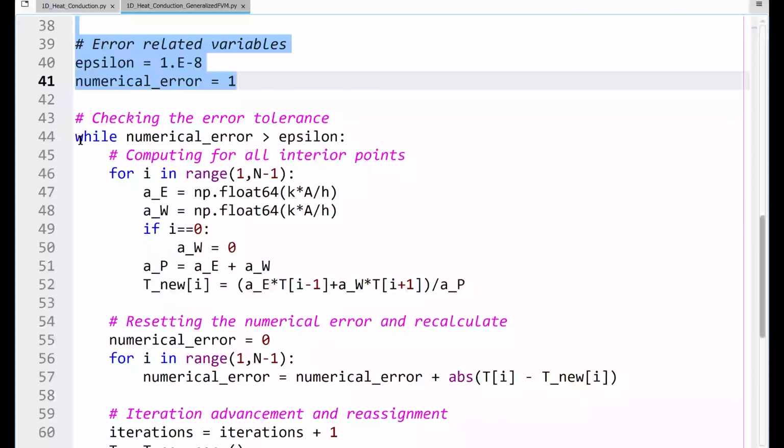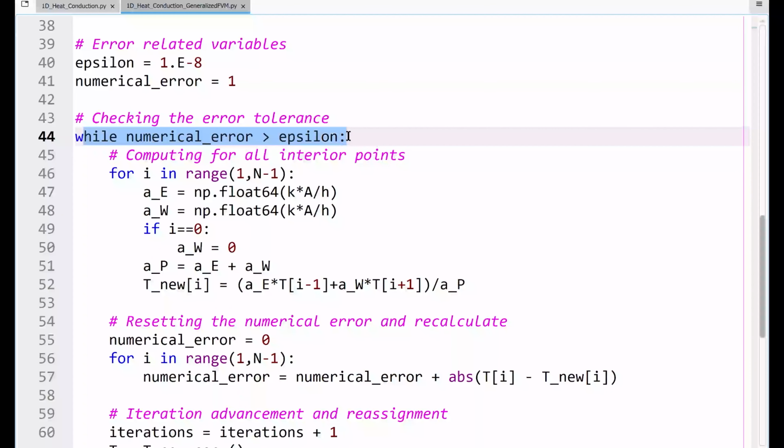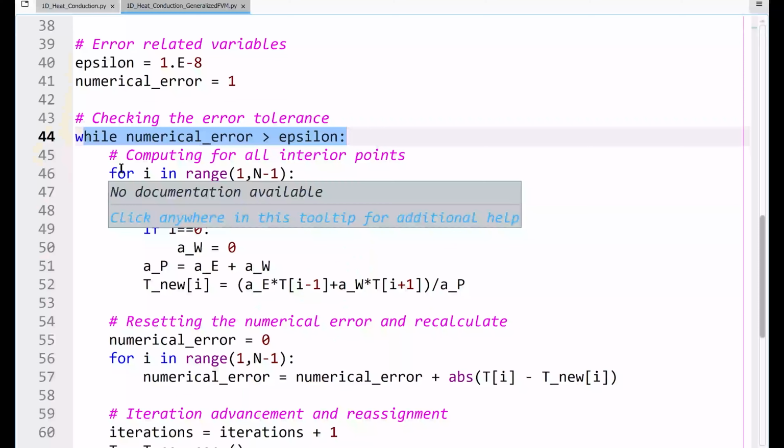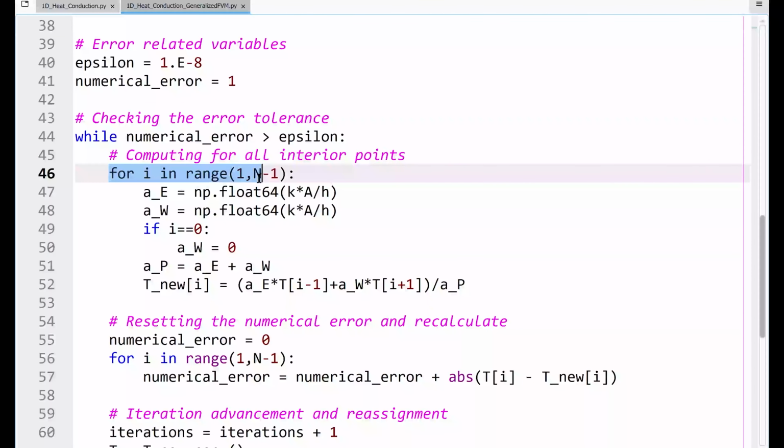The while loop again starts by saying that while the numerical error is greater than epsilon. Now, in the case of insulated boundary, remember that it's a Neumann boundary condition, so we have to do some special treatment, and therefore our for loop would begin with that point itself. Previously our for loop was going from the first index, the point next to the boundary, but in this case we want to do some calculations for the point at the boundary. Therefore, rather than writing for i in range 1 to n minus 1, I have to change it to i being 0 to n minus 1, because I want to consider that 0th index.